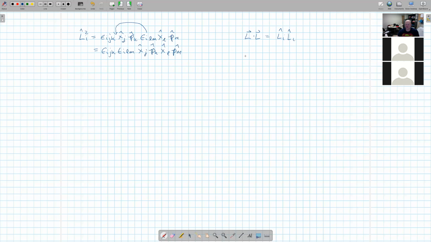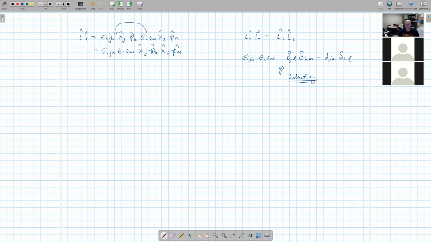Now the identity comes in that if I have epsilon_ijk times epsilon_ilm, this is equal to the Kronecker delta function of these two, so j with l, times the Kronecker delta function of k with m, minus the Kronecker delta function of now the mixture of the two. So now it's going to be j with m times the Kronecker delta function of k with l. Okay. So this is an identity